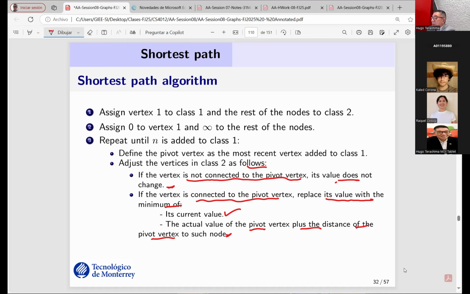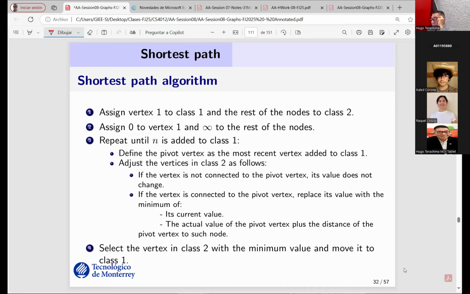So the pivot has a value and is connected to this node. So we are going to add the value here plus the distance between the pivot and this node in particular. And that is going to be the value that we are going to compare against the current value. And then we are just going to assign that minimum value to